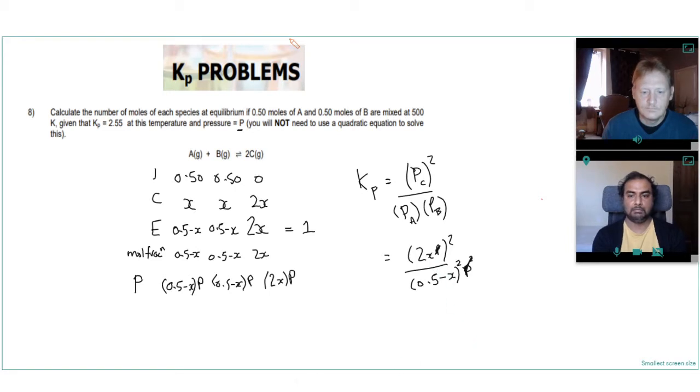So that's 4x squared over 0.25 minus x plus x squared. Or I can say